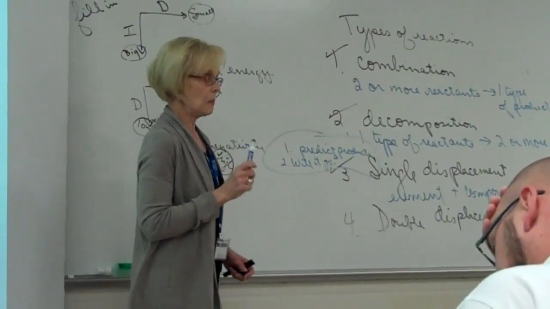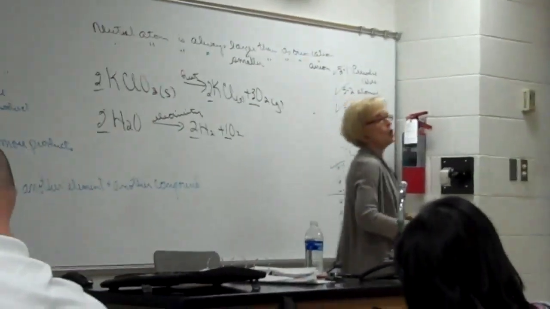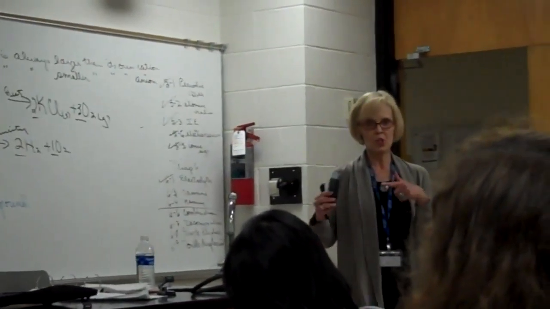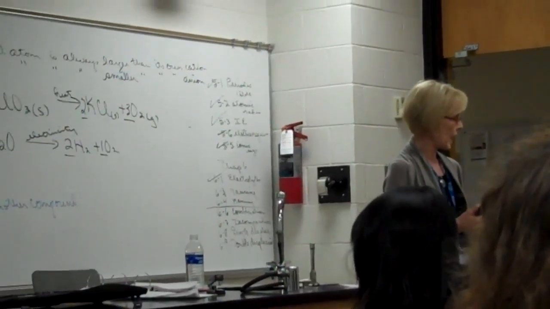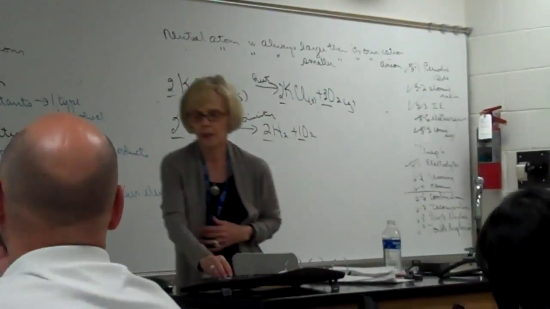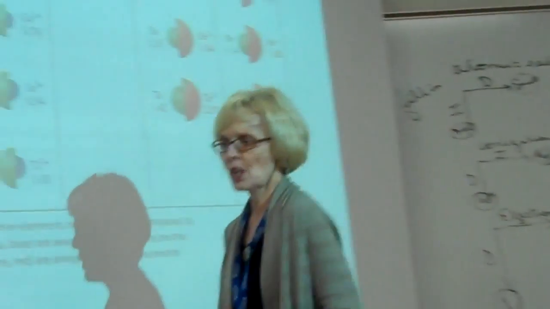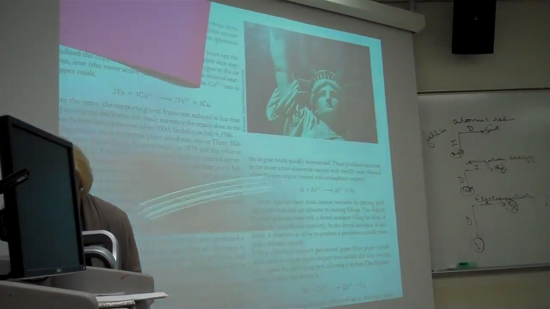Okay, so I've just upped the difficulty level on a single displacement. In the laboratory, you could tell if it was going because you could watch color changes or formation of gas, or you could see. But if you don't have a laboratory to go test it out, I believe I pointed this out,